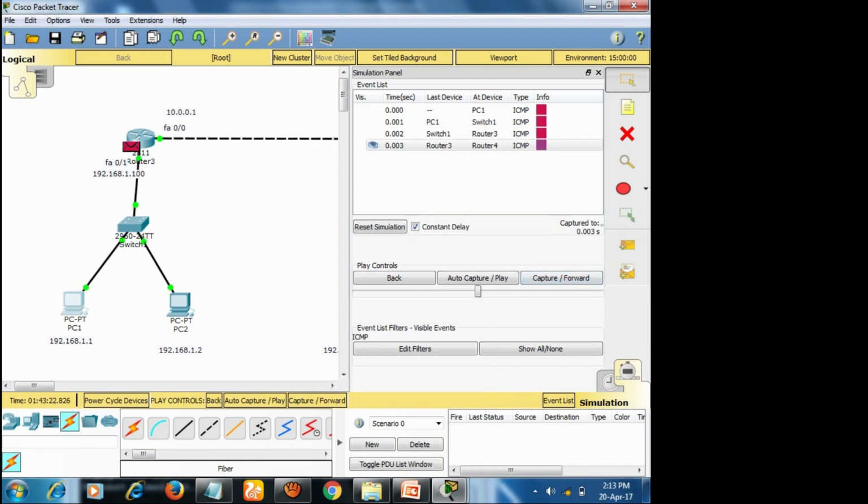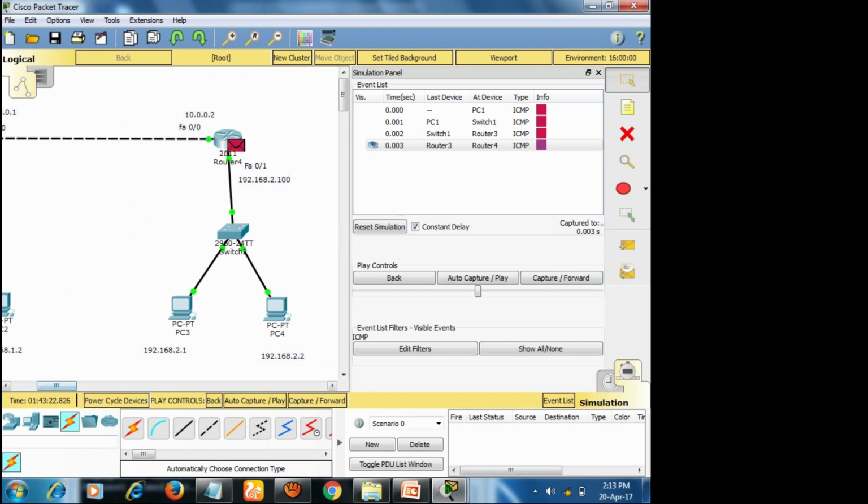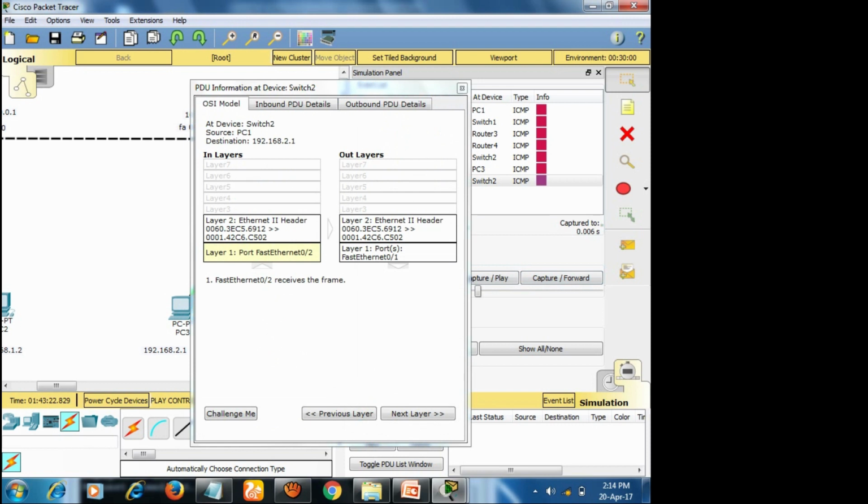Look at here, the packet is moving, because it knows the location, right? It knows the location, it is coming. It reached 2.1, but when it returned the acknowledgement, look at this packet information.